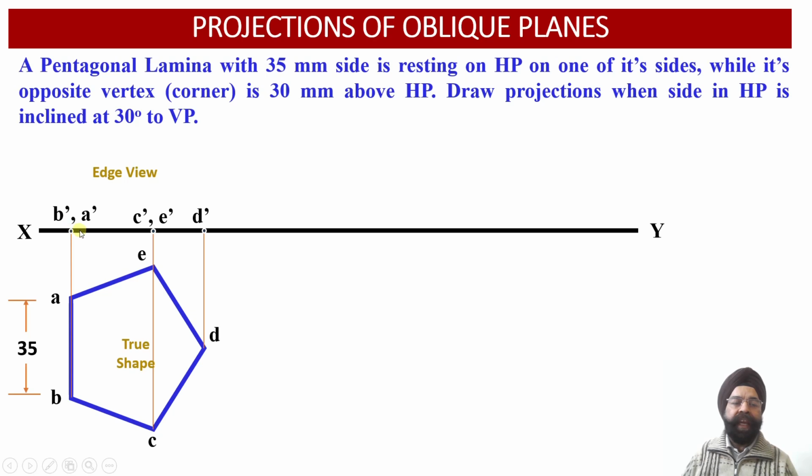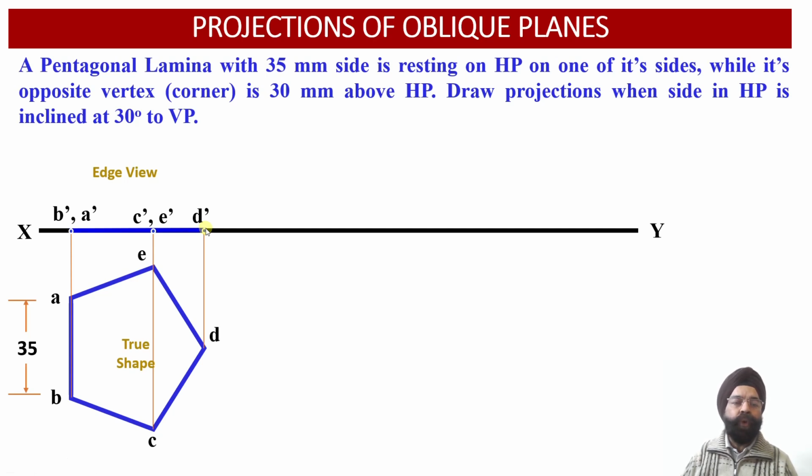Having obtained all the front view projection points corresponding to this lamina, that is A dash, B dash, C dash, D dash and E dash, now we are going to join B dash, A dash with D dash over here, so that we get the edge view projections corresponding to the front view of this pentagonal lamina. Now, having obtained the true shape projections of this pentagonal lamina in the top view and the edge view projections onto the XY reference line in the front view,